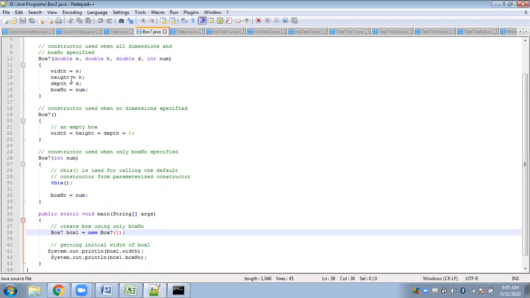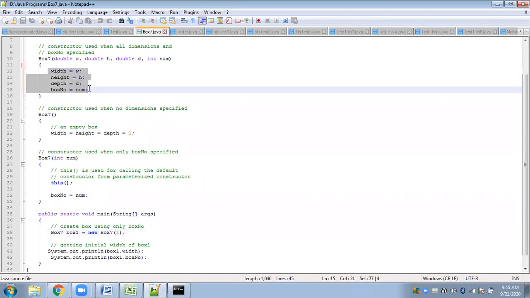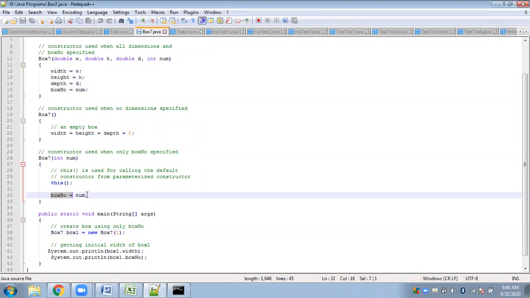Then you will have this constructor with 4 arguments and the second constructor with only 1 argument. Now, here we have already initialized each of these values, so initializing a value again is not required.